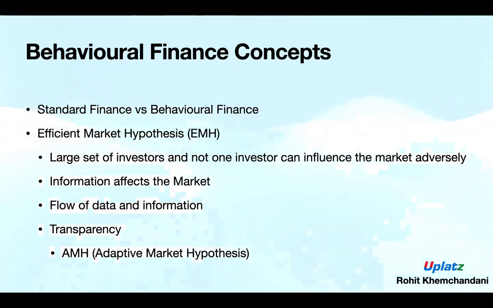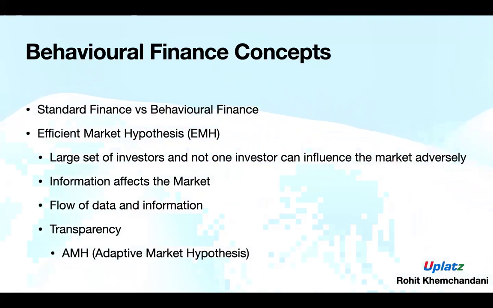Next will be the efficient market hypothesis. I'll just give you a gist of this. As per the definition, the EMH, which is the efficient market hypothesis, is also known as the efficient market theory. Basically, it is the hypothesis that states that share prices reflect all information and consistent alpha generation is not possible. According to the EMH,